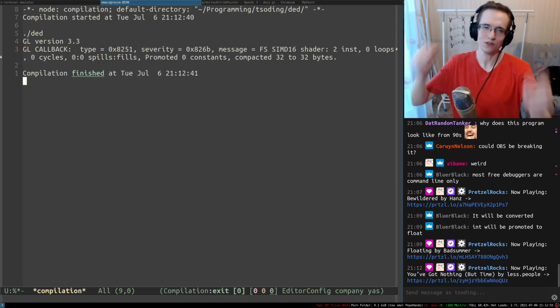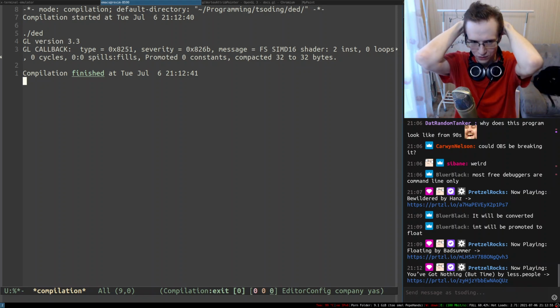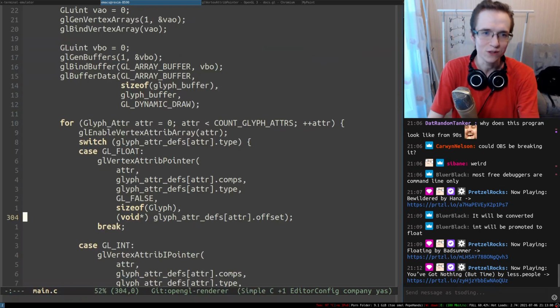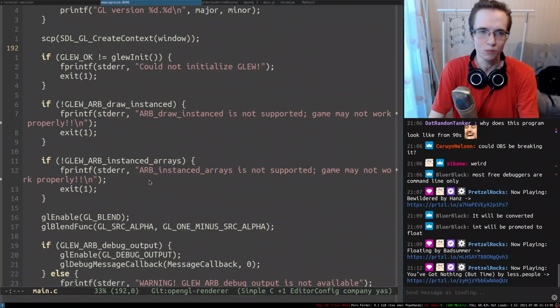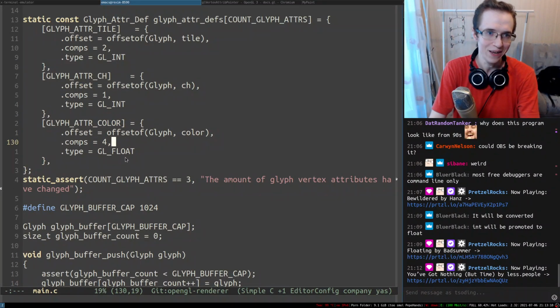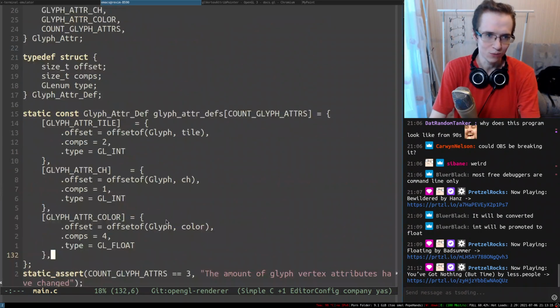Oh, and another interesting thing: why did logging never tell me that I'm trying to put GL int in a place where it's not supposed to be? It's just so weird. There are so many things that are not convenient in OpenGL. They just won't work without telling you anything. It's just like, yeah, we won't work, because good luck.